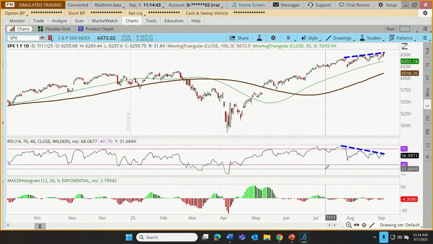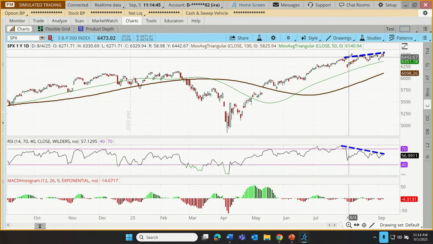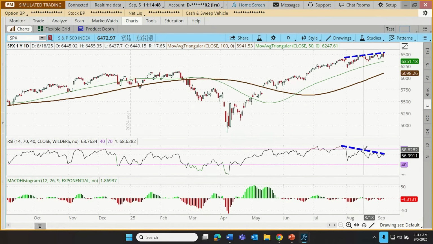And if those diverge from what price is doing, that may be a signal to a trader who might otherwise be bullish. Hey, hold off, pump the brakes. Maybe don't take as large a bullish position at this point. Stocks might be getting ready to take a little bit of a breather. Yeah, Chris calls it out correctly.